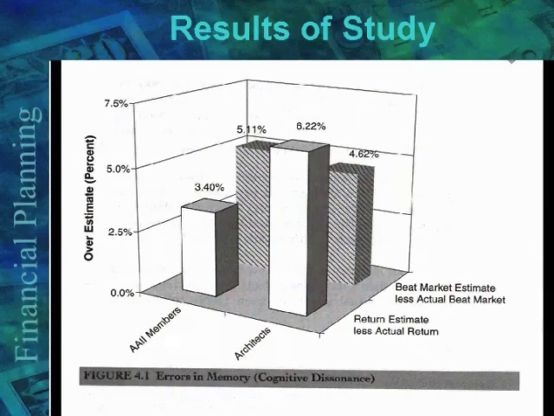So the Association of Individual Investors, their estimate of how much they had outperformed the market was way wrong as compared to architects, because these people think they know something about investments, and therefore they don't make mistakes. Their past investment mistakes were not registered in their minds because of their dissonance, and they were much more likely to make errors again.